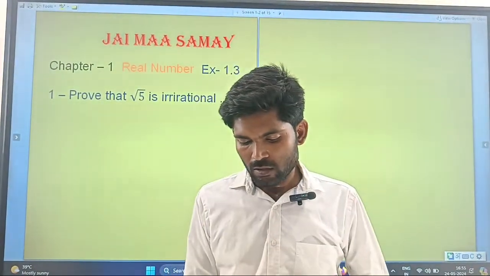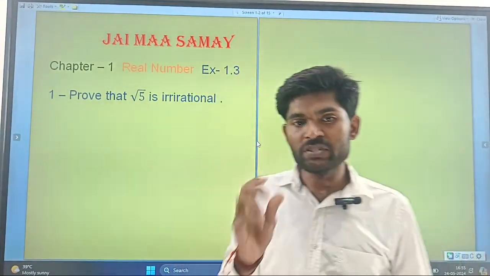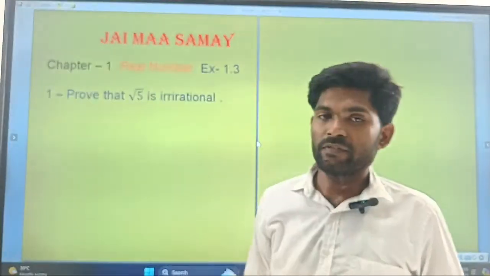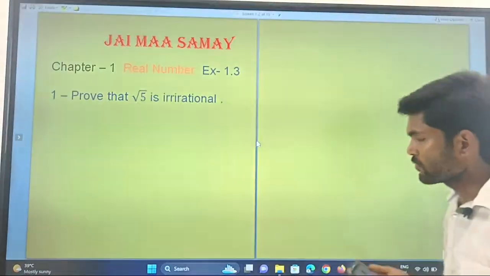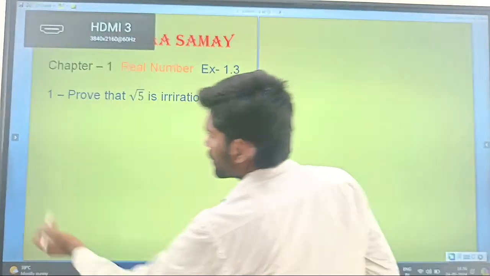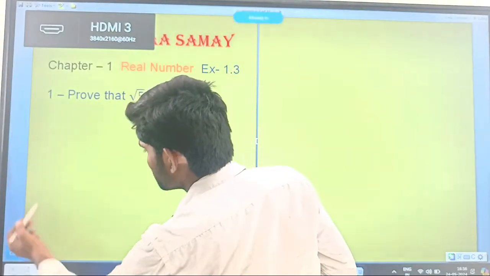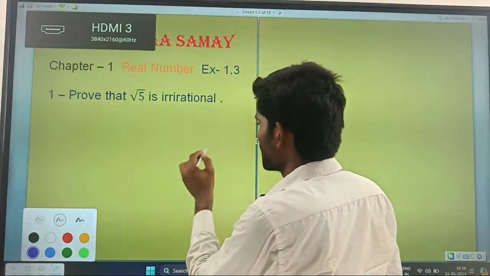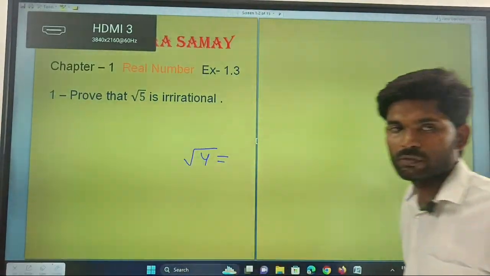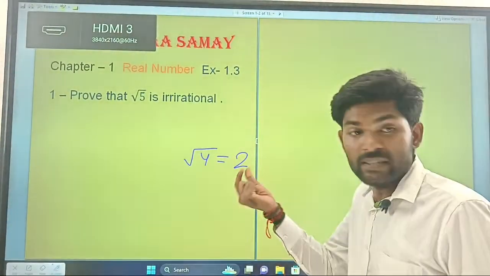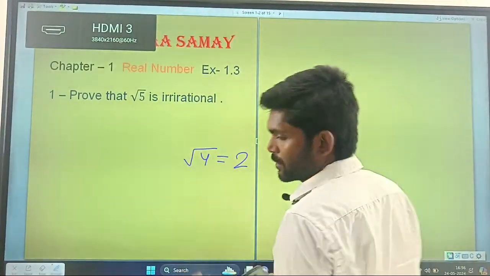Dear, how to prove irrational? First, tell me what is irrational and what is rational. You can see here under root 5 is not a perfect square, na? That's why this is irrational. When rational, suppose you write under root 4, then what comes out? 2. This is a perfect square, that's why this is known as rational. But under root 5,